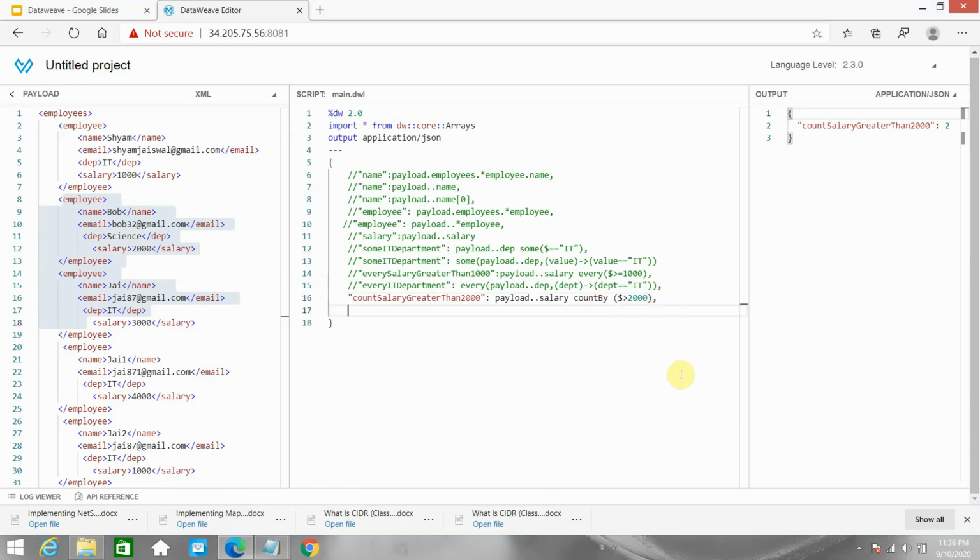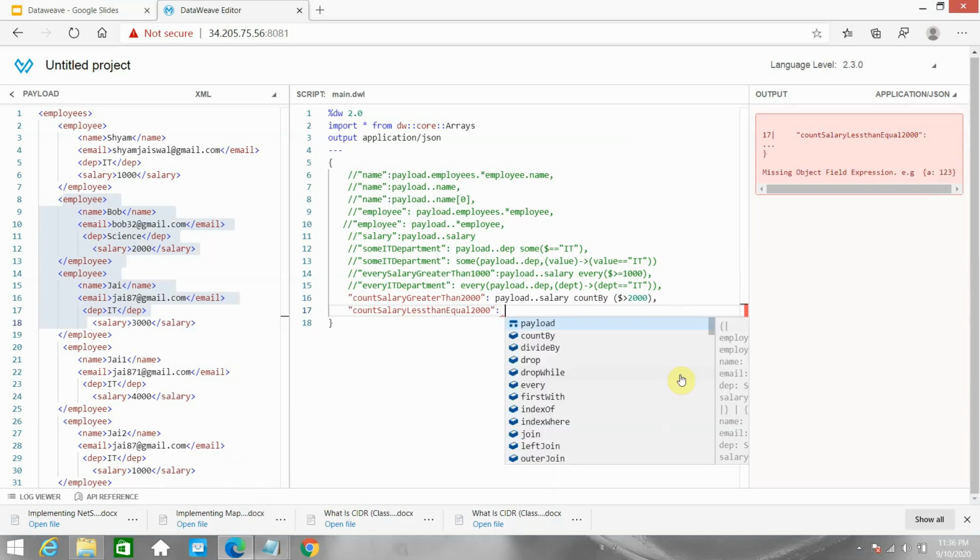Now I want to count the employees whose salary is less than or equal to 2000. Now I will use the lambda expression, so you are familiar with lambda also.